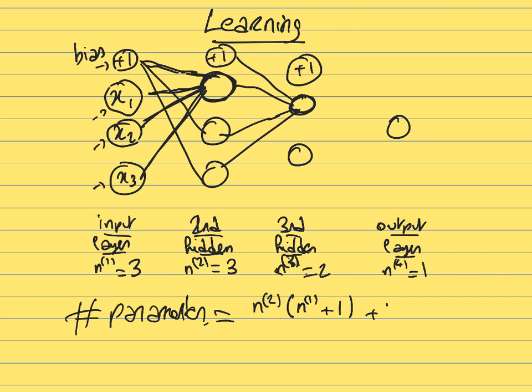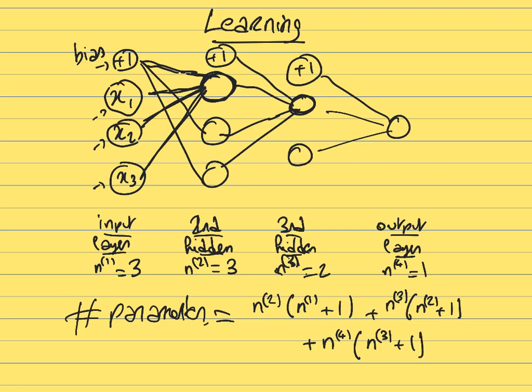So the total number of weights that you will need to fix here is going to be the number of neurons in the third layer times the number of neurons in the second layer plus 1, where 1 is the bias. And then at the end you will get the same thing, the last number of connections that you need, which is going to be the number of neurons in the fourth layer times the number of neurons in layer number 3 plus 1 for the bias.